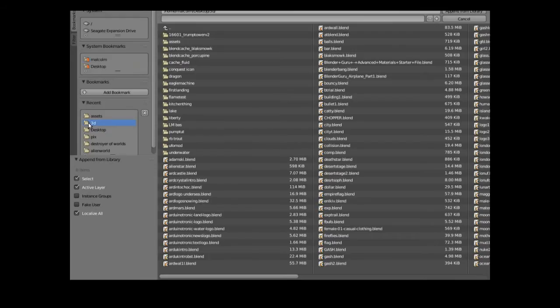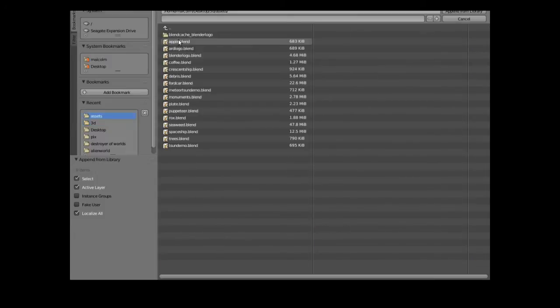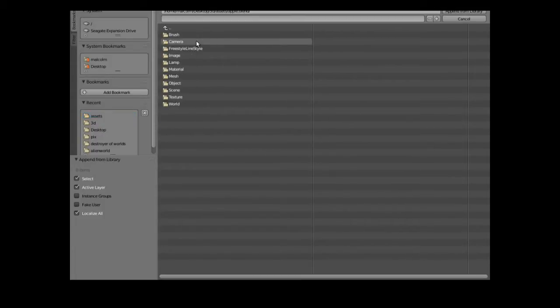And you navigate to the file. I've got a folder called assets, and I want two things out of here. Then we can go to object. You can also import materials. You can import just the mesh from something. You can import the whole scene if you want to. But I want objects,